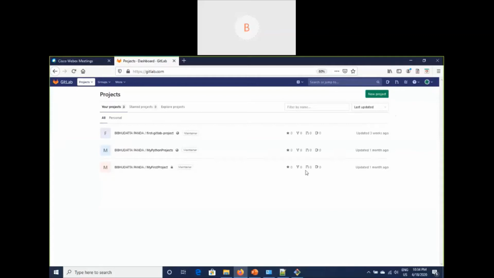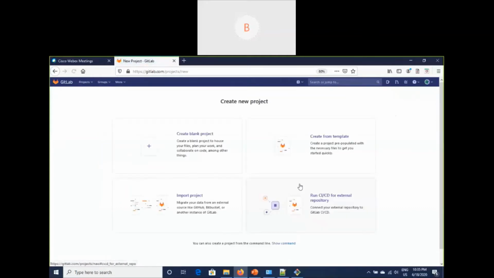After everything is done and you are able to successfully log in, you'll get a page like this, and there you have an option like new project. You need to first create a project so that you can use the URL of that project and easily clone it into your local machine, so there is no need to configure Git in your project repository.